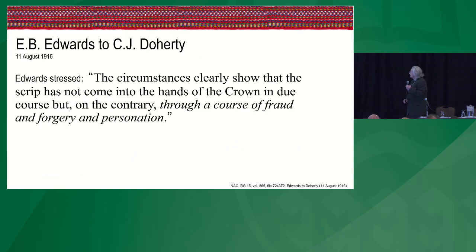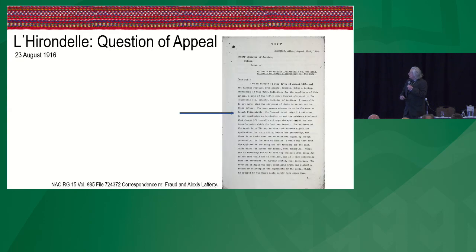Solid evidence. So Edwards says, the circumstances surely show the script has not come into the hands of the Crown in due course, but on the contrary, through a course of fraud and forgery, impersonation. And I believe that. And he tells the Deputy Minister. So what the Justice Department do is they contact their lawyer, and there's some back and forth, and you know, we have this